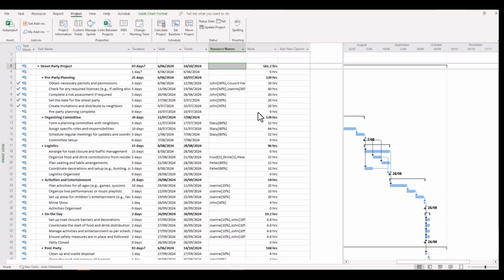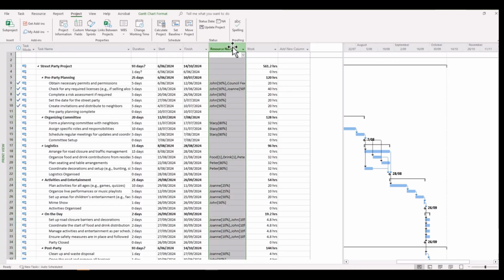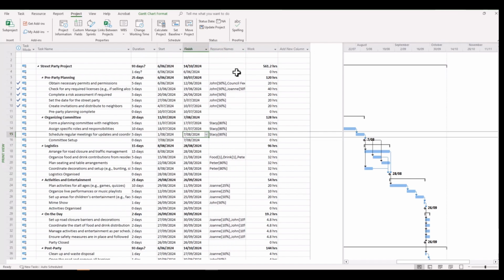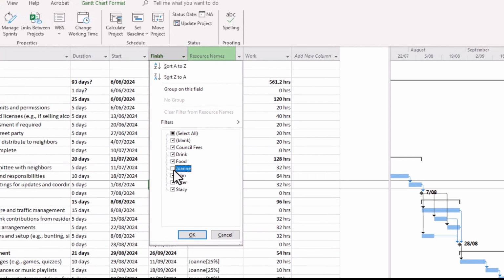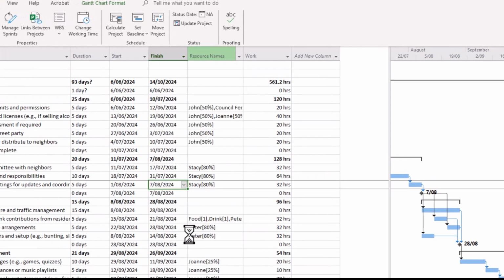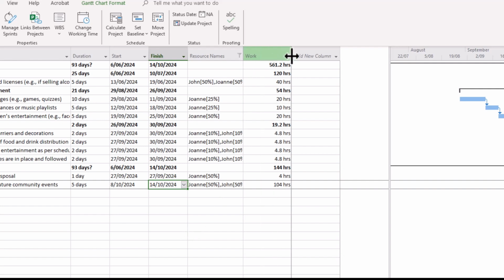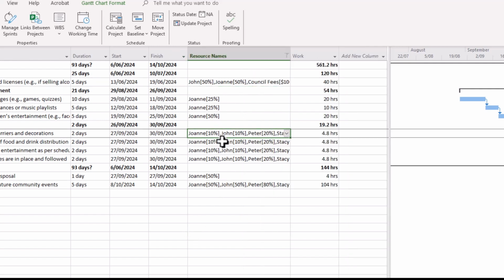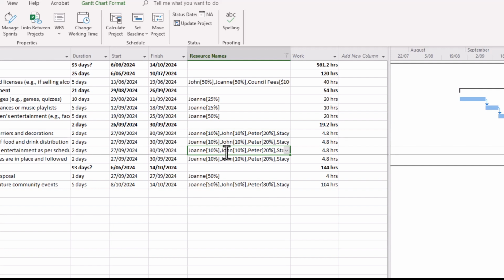So at this point in your project, you hopefully have organized all of your tasks, you've assigned resources to your tasks, and you're well underway in progressing your project. Just looking at our resource names, for example, if you wanted to filter to a single resource, you can simply do this. But as you can see, there are some tasks here that have multiple resources. And you might wonder, well, why can't we have one primary resource, say a resource that has overall responsibility for the actual task? Can we do this? Well, you can do this through lookup custom fields. So let's take a look at this.